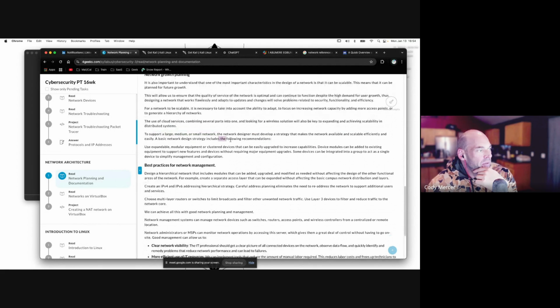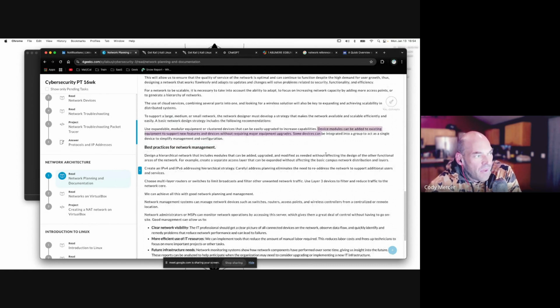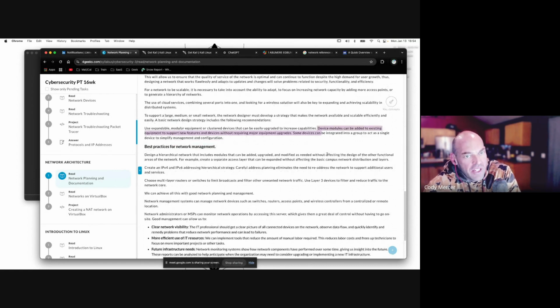Includes the following recommendations. Use expandable modular equipment or cluster devices that can be easily upgraded or increase capability. Device modules can be added to existing equipment to support new features and devices without requiring major upgrades. So in today's day and age, everything is usually done by cloud, and hopefully if you can do it in the cloud, again, as we spoke about last time, to do it in the cloud, because there's a huge difference